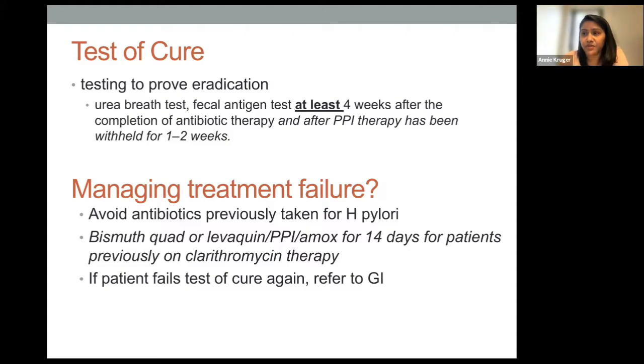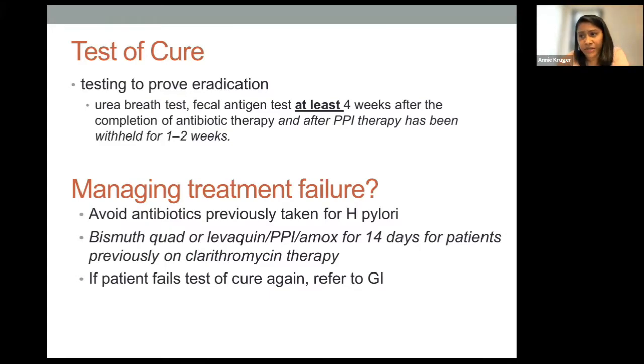In some instances, we will do endoscopic evaluation for patients who've had resistant organisms that are hard to treat. But often you want to wait about 4 weeks after you've completed antibiotic therapy. And you must make sure that your PPI, again, has been withheld for about two weeks before you do this test. So when you're managing treatment failure, please get a GI involved,